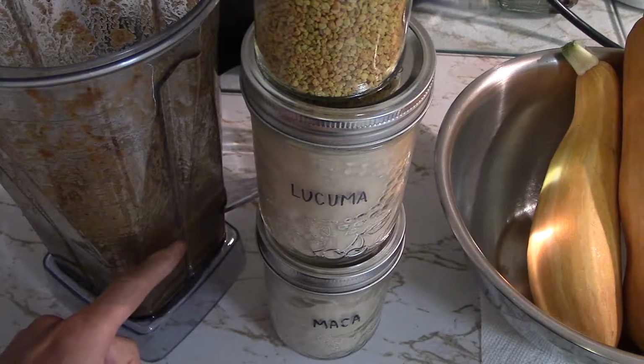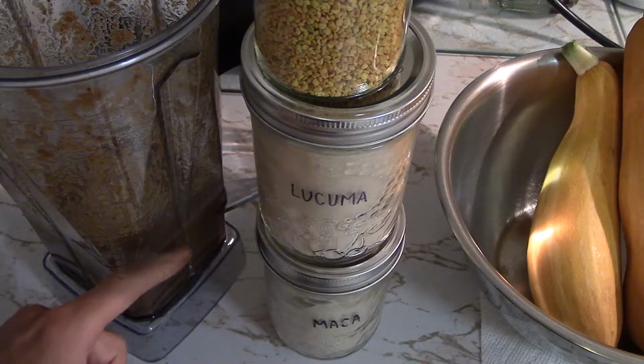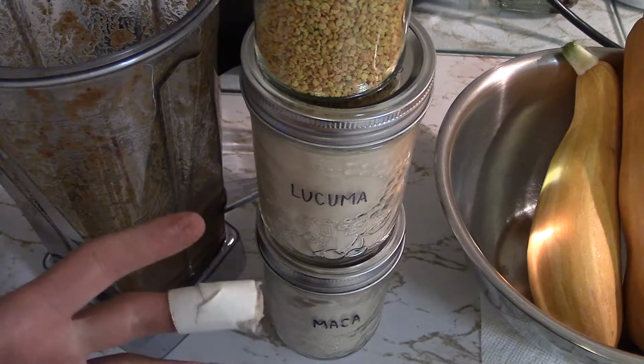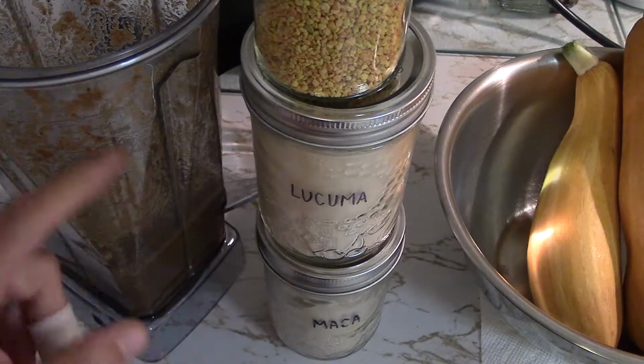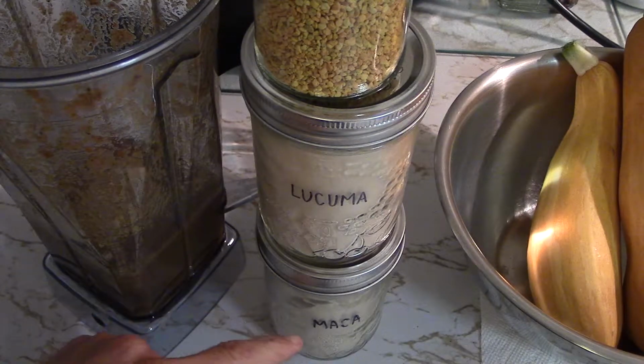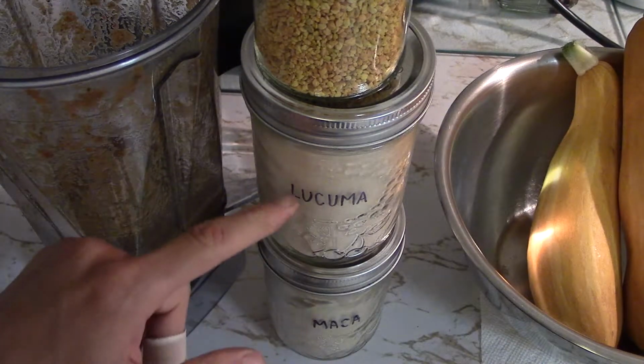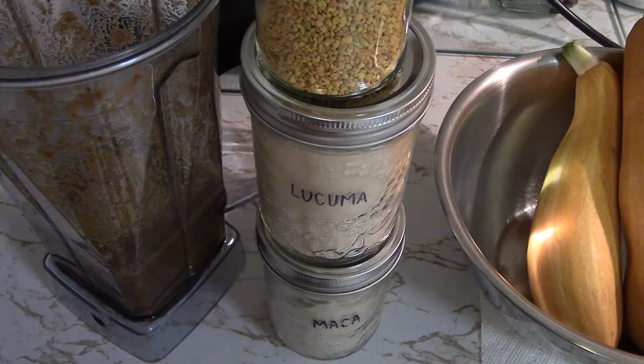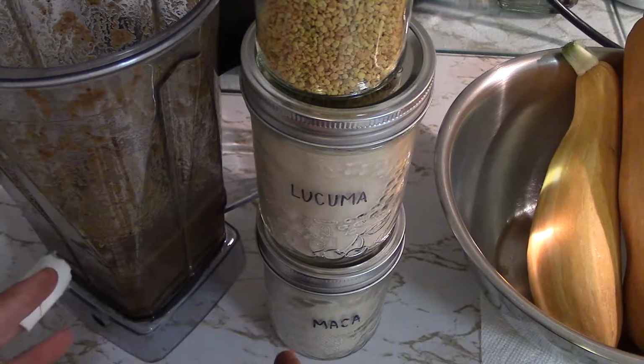If you don't like that sample exactly as it is, then you can always add additional things to give it some other flavor or even more nutrition intensity. I'm deciding after sampling it that I do want to play with it a bit, so I'm going to put in Maca powder, Lucuma powder, and bee pollen. The cool thing about using stuff like this is that it turns what could be a small meal or a snack